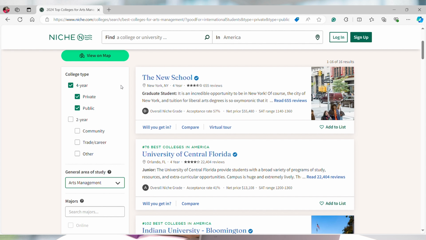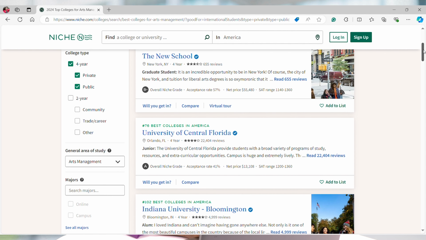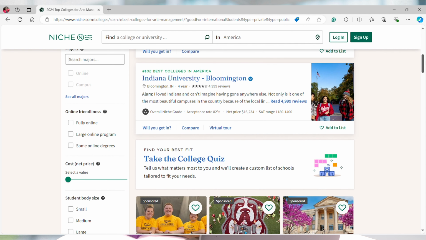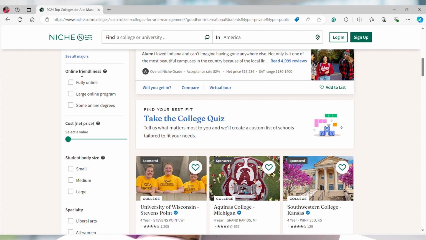You can put in the kind of majors you would like to work on in whatever field you pick. Then you can also think about online friendliness, fully online, largely online programs, some online programs, right? So all of these things would help you to continue to niche down until you find the kind of university